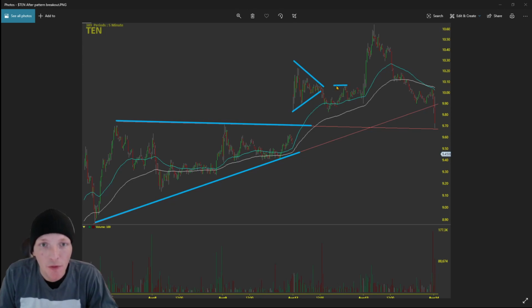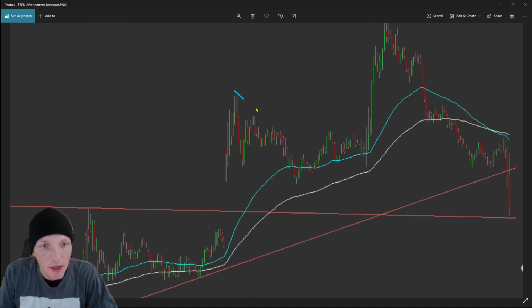Depending on if the wedge breaks to the upside or the downside, after it breaks out from that wedge, always look for the stock to come back to the area it broke out from on the wedge and either hold as support or resistance. In this instance, when we got our wedge right there and it fell below it, and when it came right back up, it found resistance right where it broke out from to the downside on this